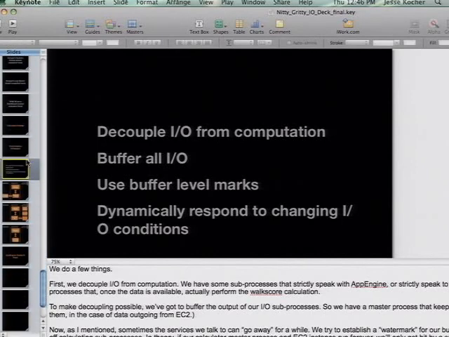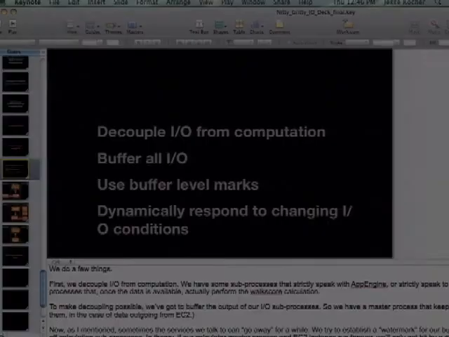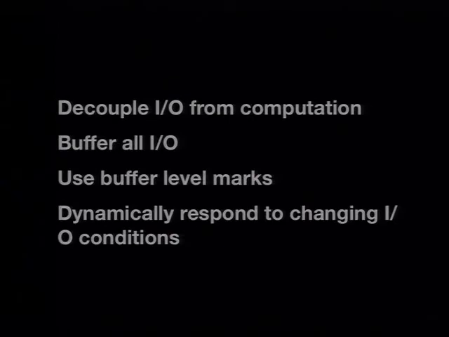Do you want to jump to a slide in here? Actually, I wanted to jump to that one. And so the key thing that we saw, because of the unpredictable performance reading from the queue that we've implemented on the App Engine side, is that we wanted to decouple the computation of a walk score from the I/O requests we made. So what we have is a master process that spawns off a ton of slaves.